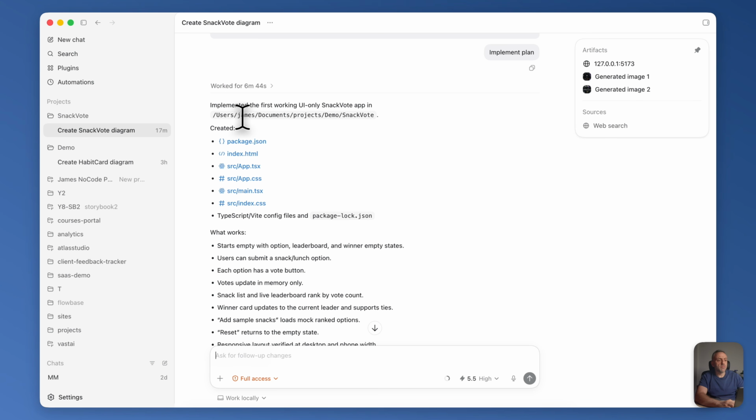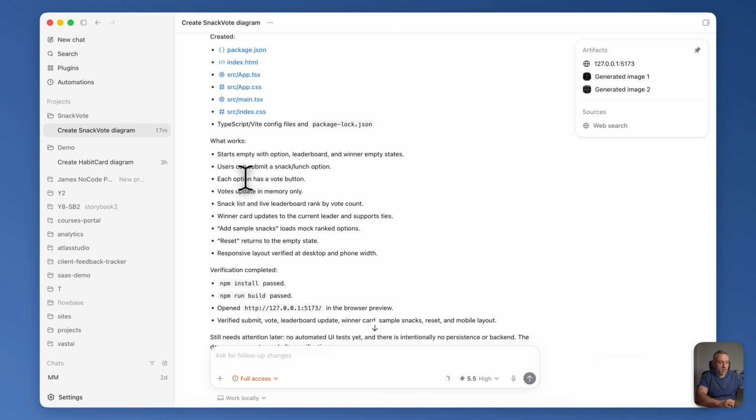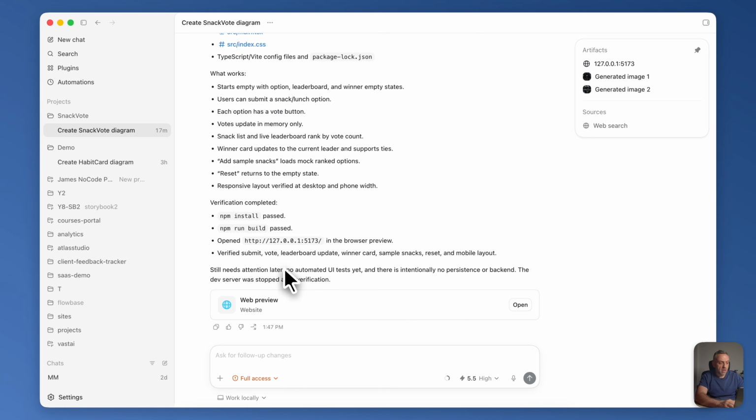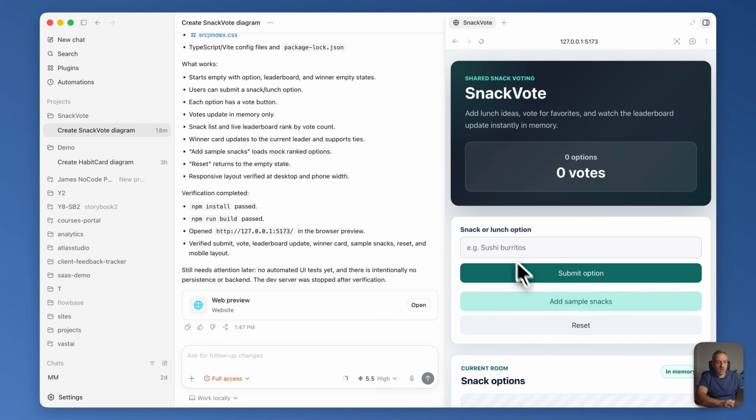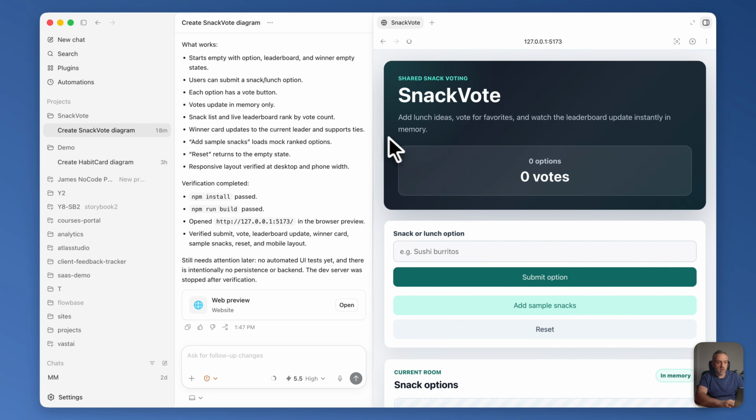All right, so this has completed, and it says here, implemented the first working UI-only SnackVote app, created all of this, what works, verification completed, still needs attention later. Okay, all of these things, and we'll talk about that a little bit later. And so now we have a web preview. Okay, so we can click on open, and that's going to go ahead and open it right here in our